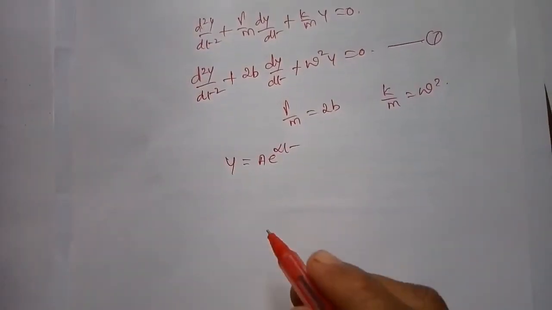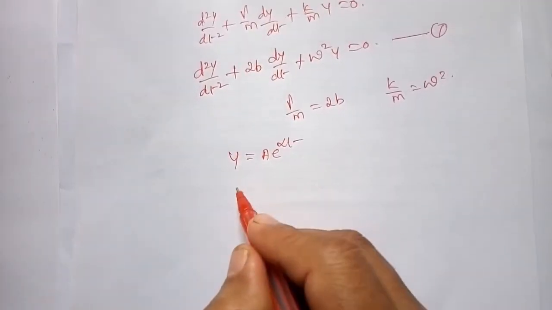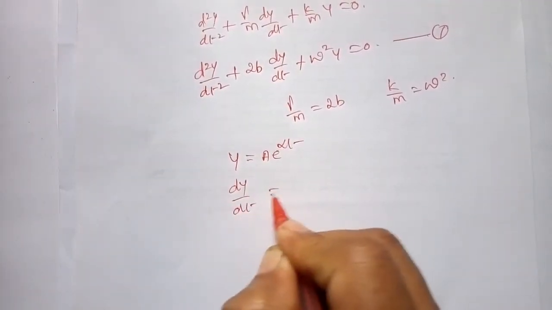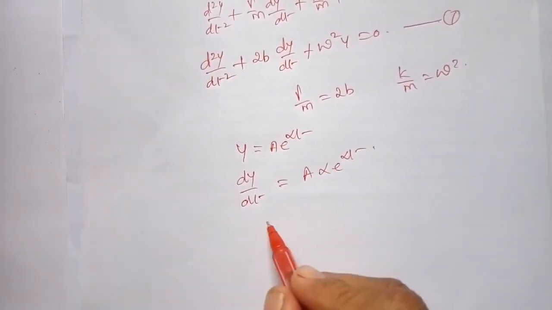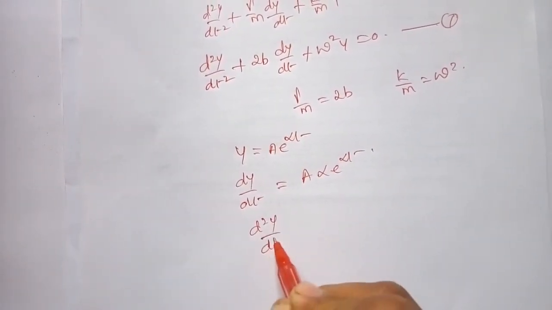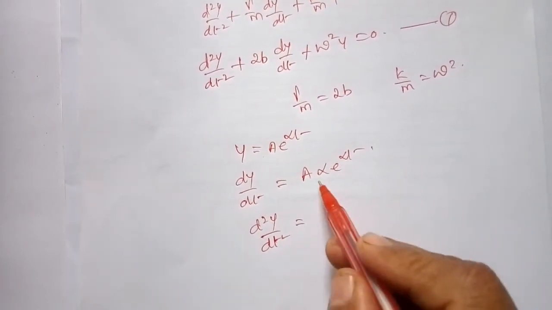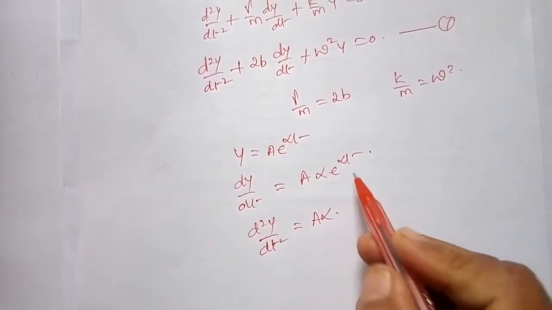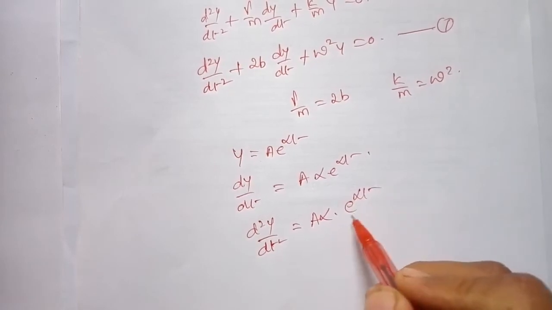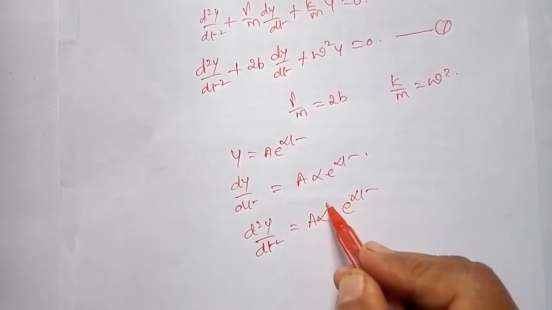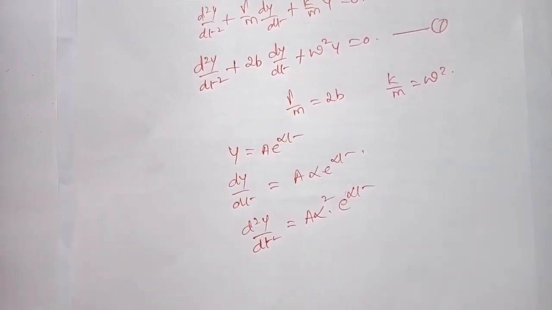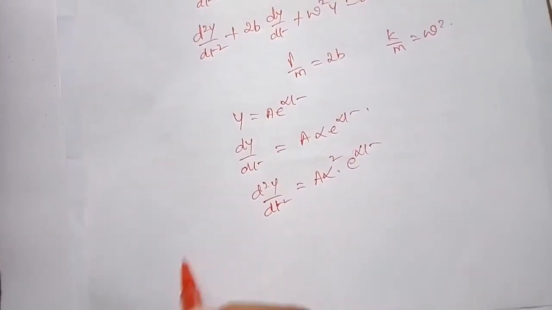To get that, first let us differentiate. dy/dt = A α e^(αt). For the second differentiation, d²y/dt², A α is a constant and e^(αt) is again e^(αt); the exponential power's differentiation gives α, so α². So, substituting in equation 1,